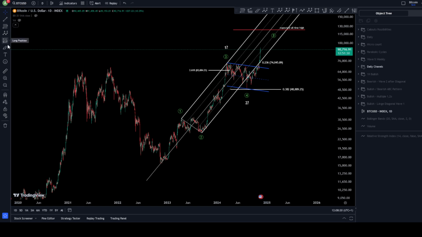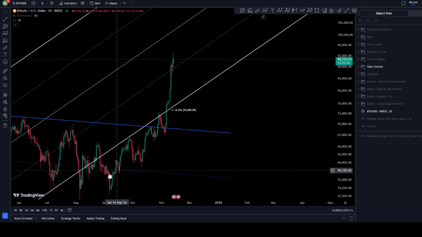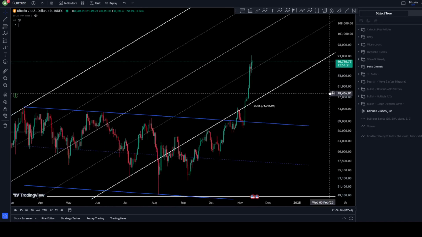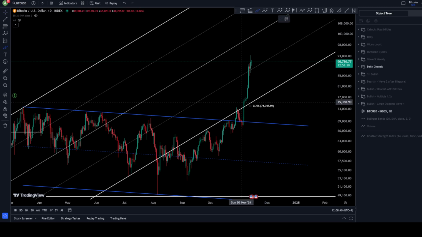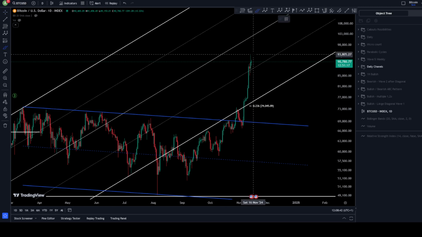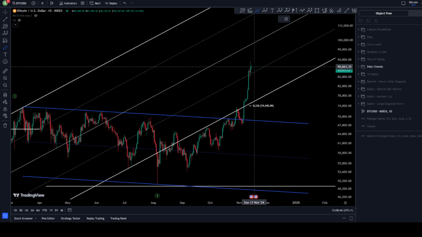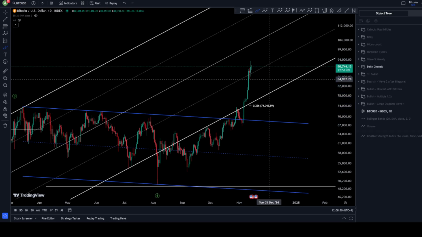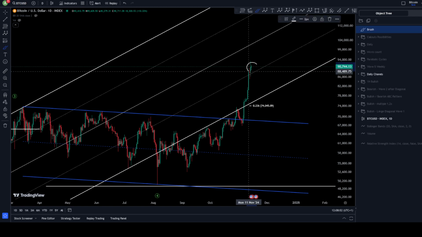Now looking at the channeling of this impulse, we are looking exactly that this wave 5 has broken the correction and the acceleration channel, and it has started to range already very deep inside the acceleration channel, which is really nice to see. However, this very long and strong trend towards the upside has started to find some weakness